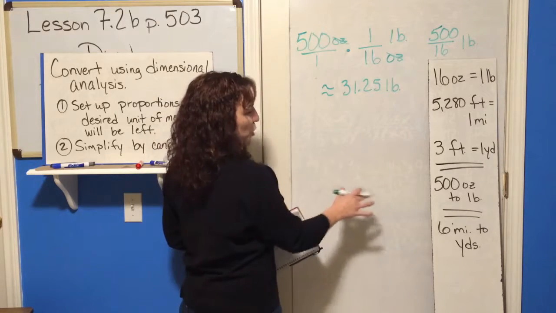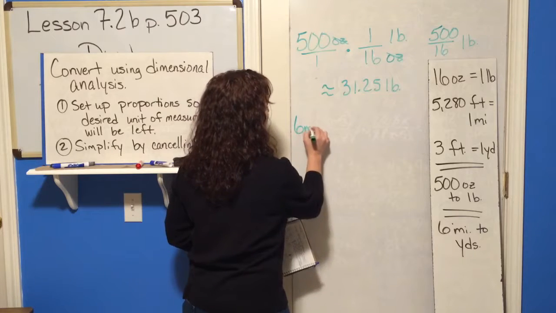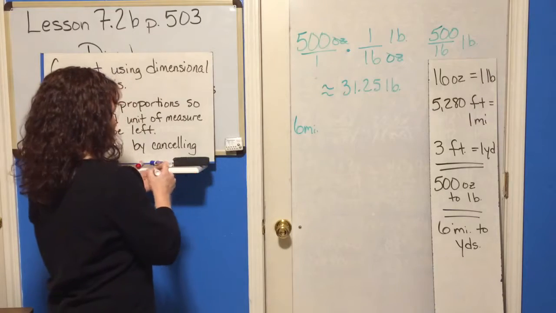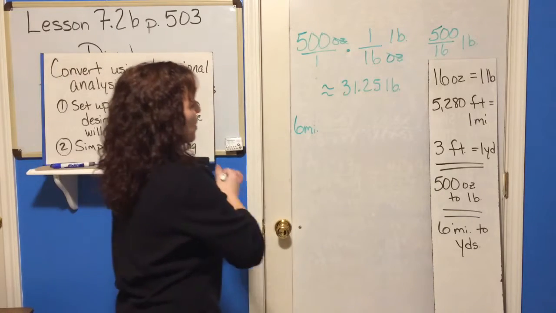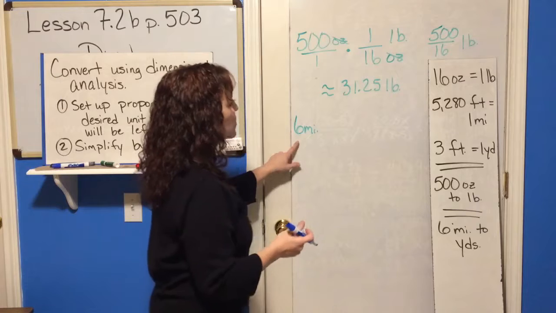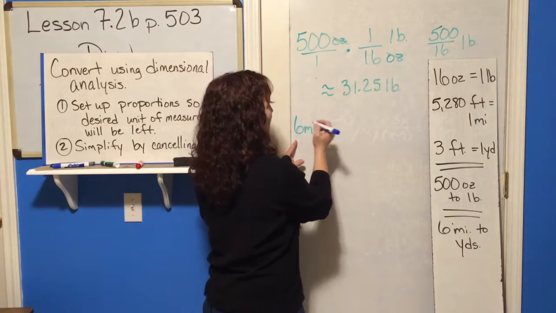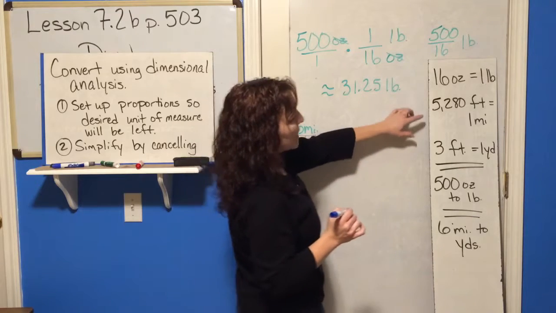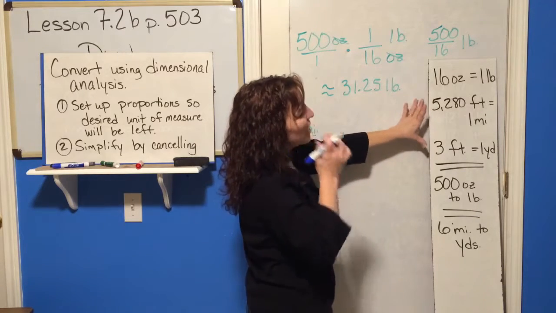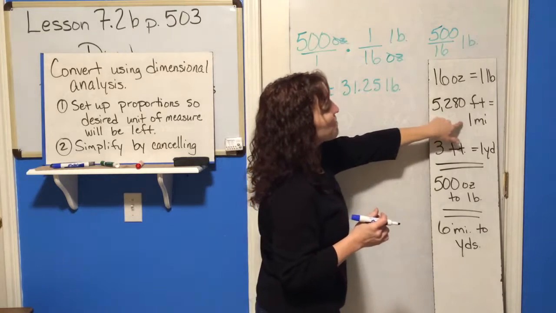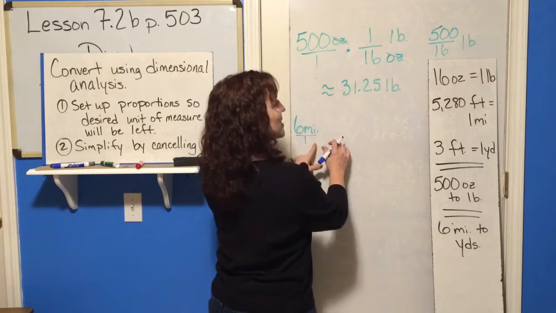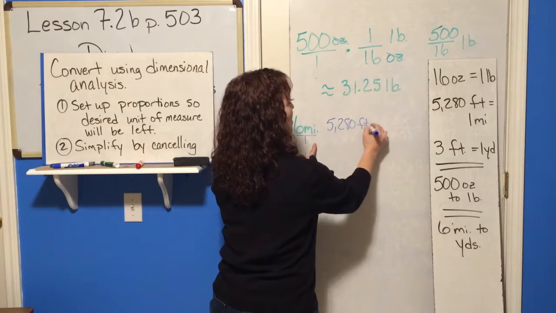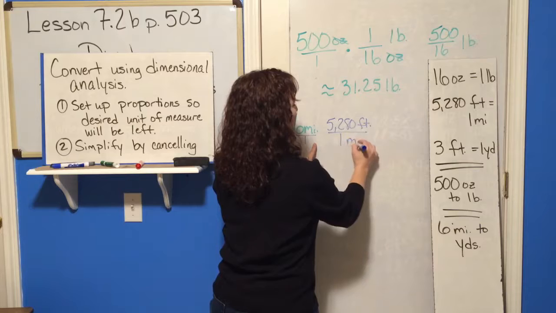This one's going to be a little bit trickier because I'm going to have 6 miles, and I want to change that to yards. And I'm going to use a different color just so that it's easier to see against the green over there. Okay, so I've got 6 miles, and I want to get to yards. Now, here's the deal. I don't have miles to yards in my equivalencies. I do have miles to feet, so I can say, well, I know that